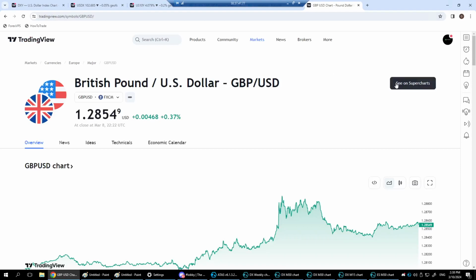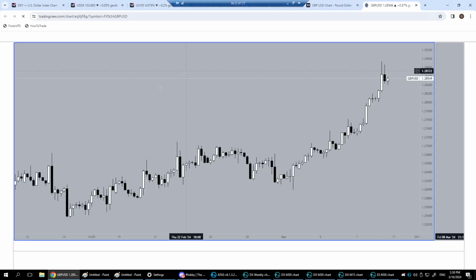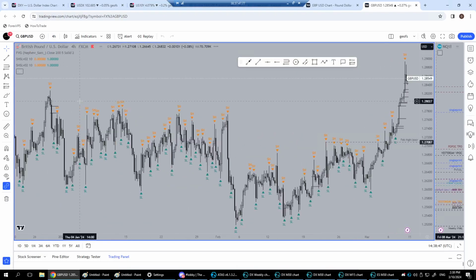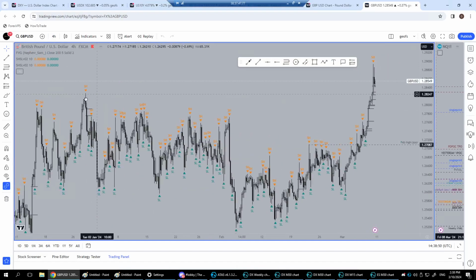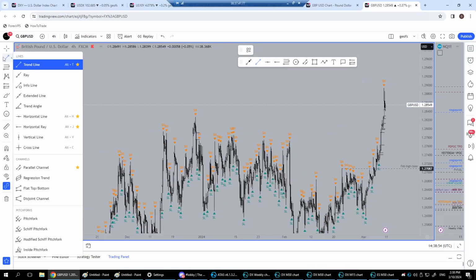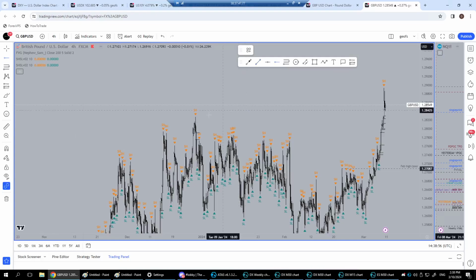So I do my analysis on the spot chart because that's the larger market. So I don't know, it just makes sense to me to analyze the spot chart even though I'm trading the future. You may want to use the 6B chart instead, that's fine, no problem with that.